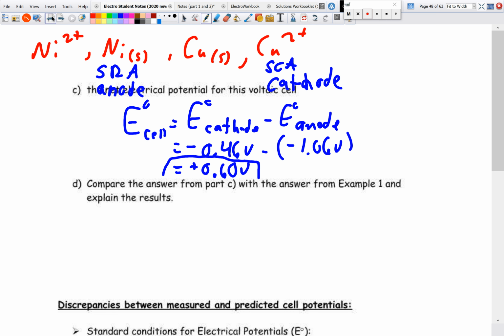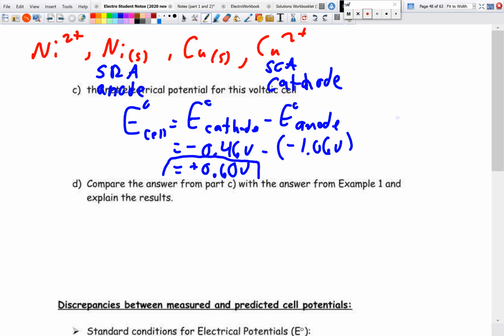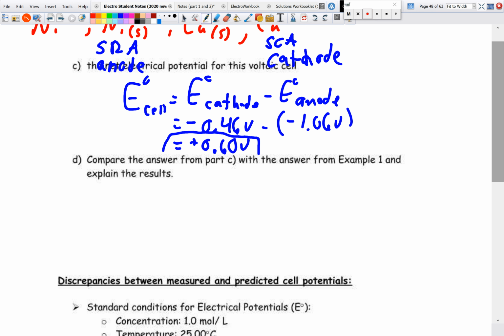So the answer in example 1, if we go back, was the same thing: calculate the potential difference between nickel and copper, and we got a positive 0.60 volts. Now we change the standard and we get the exact same answer. The reason for that,